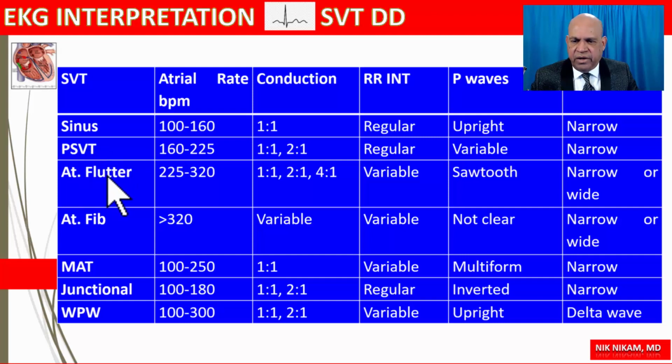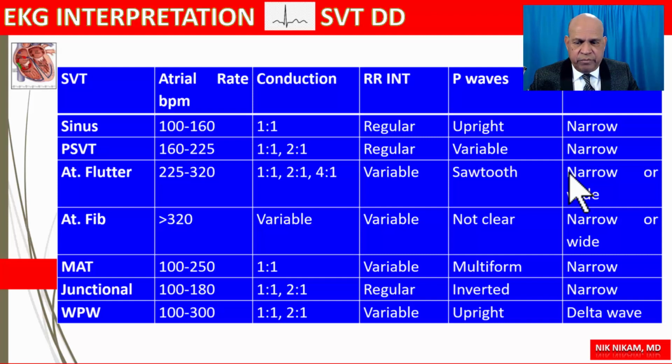Next, atrial flutter. These numbers are very important. That's the most important thing. Paroxysmal supraventricular tachycardia, 160 to 225. Atrial flutter, 225 to 320. And with atrial flutter, I'm sure you have seen many tracings where you may have 1:1 conduction, 2:1 conduction, 3:1 conduction, or 4:1 conduction. The RR intervals can be variable. The P waves look like sawtooth, and the QRS complexes could be narrow or wide